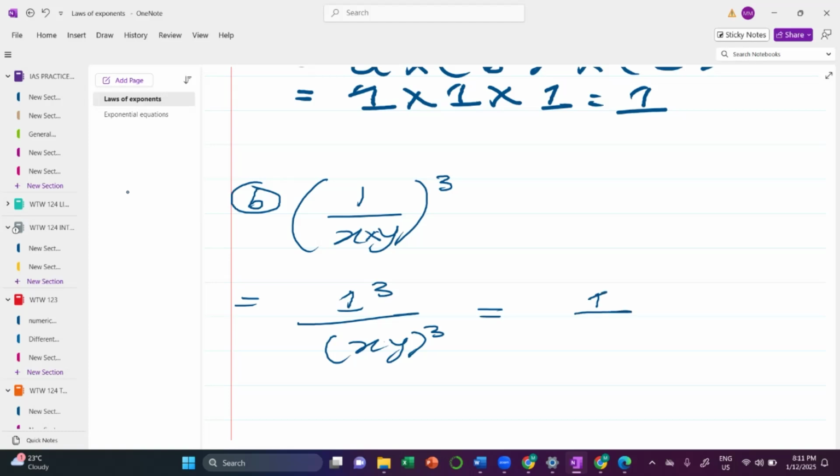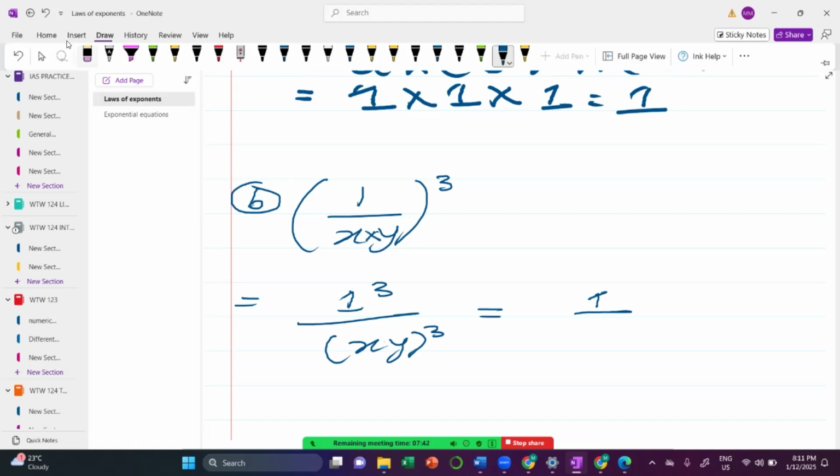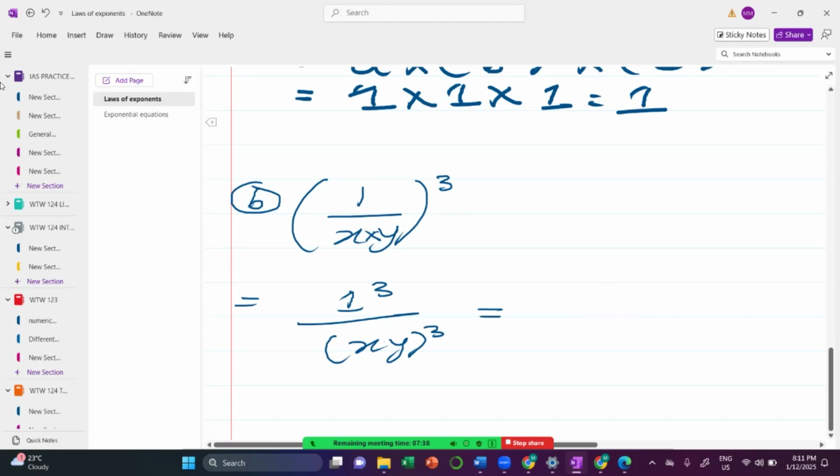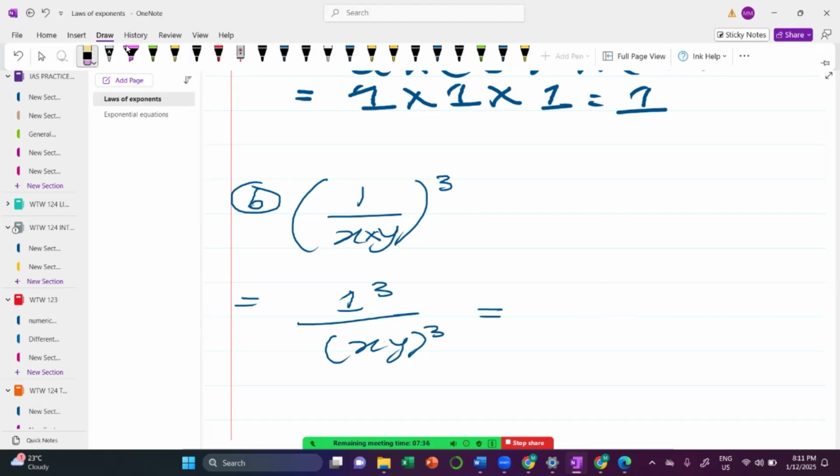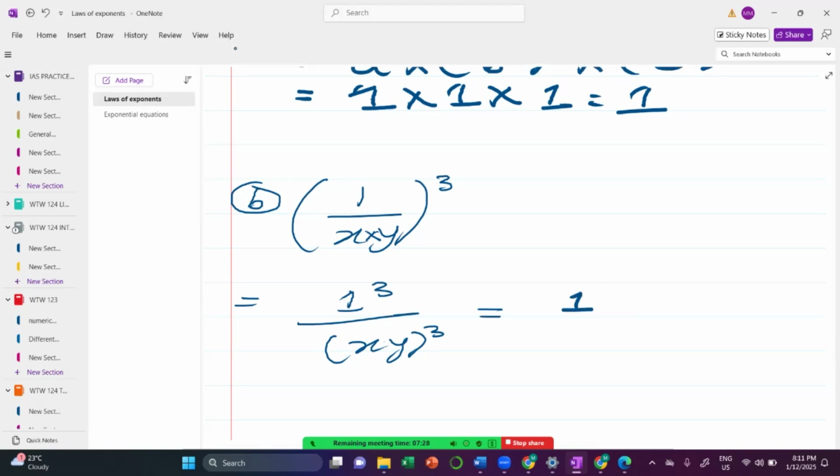Do we understand that? Guys? Yes, sir. You can put that in the calculator and see how much it gives you. It gives you 1, right? Yes, sir. So you're going to have 1 divided by, check, I have x times y, and the exponents